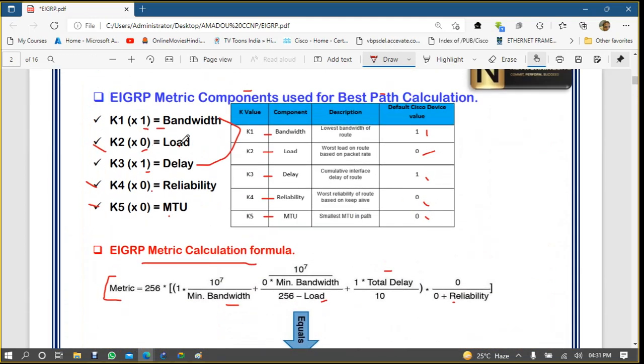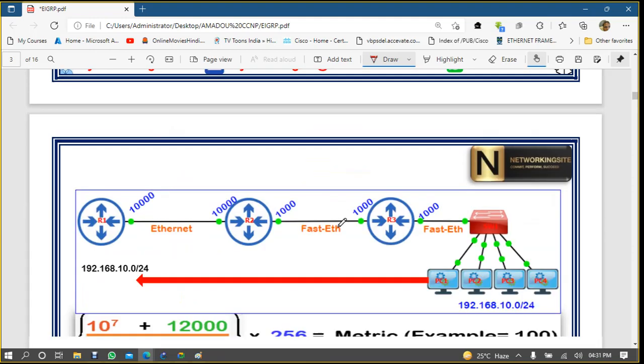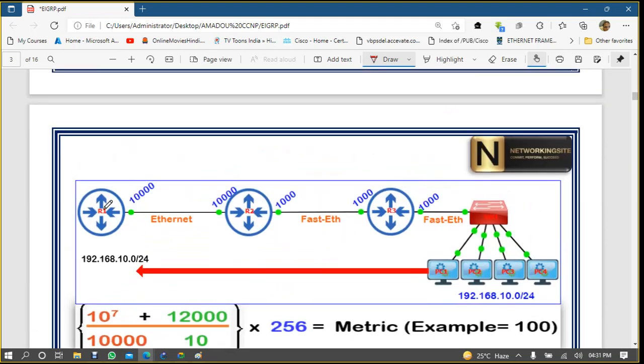When we are talking about load, load means if something is coming on my router, or maybe traveling through it, load depends on the link. Maybe the link is a single link.